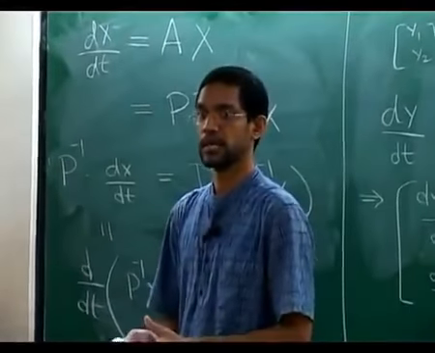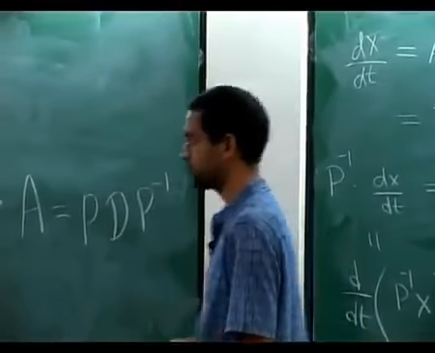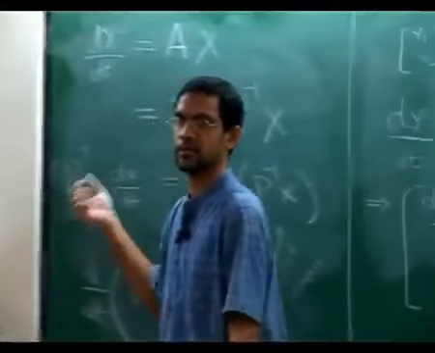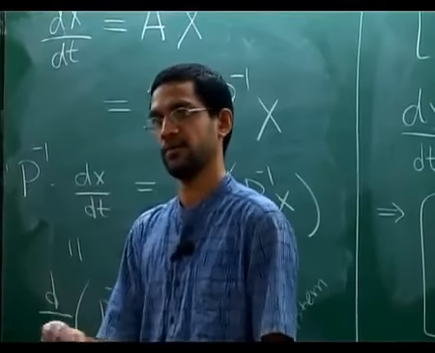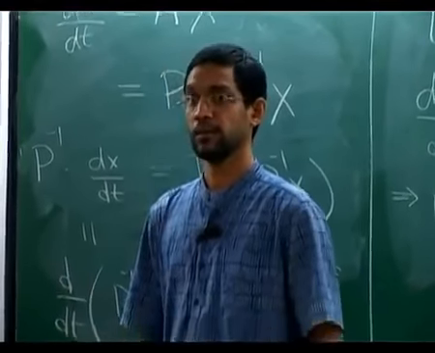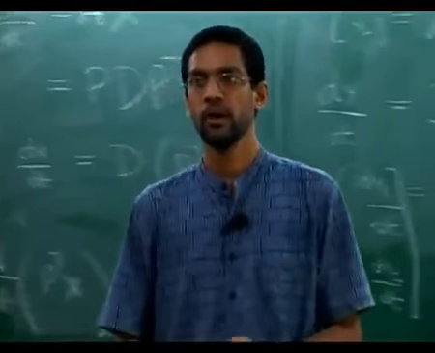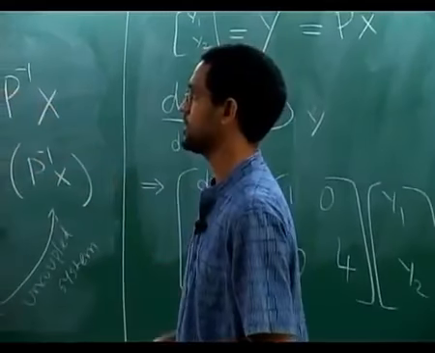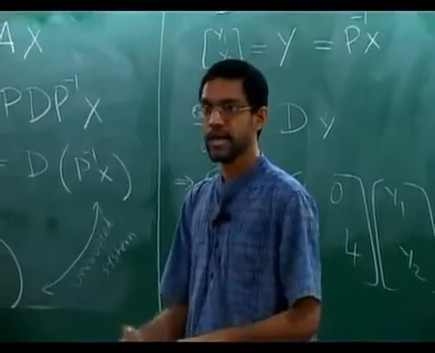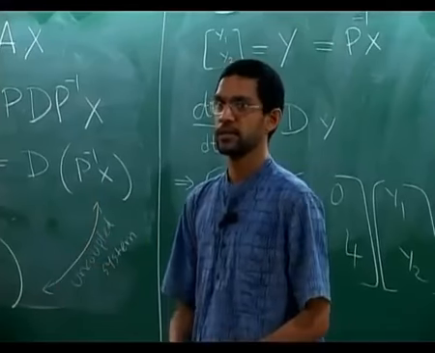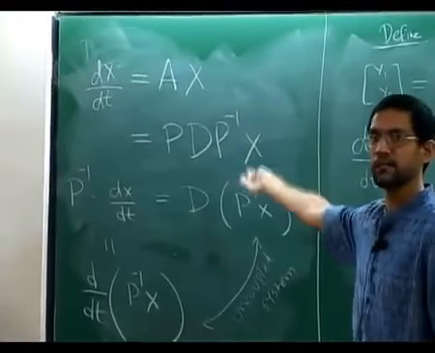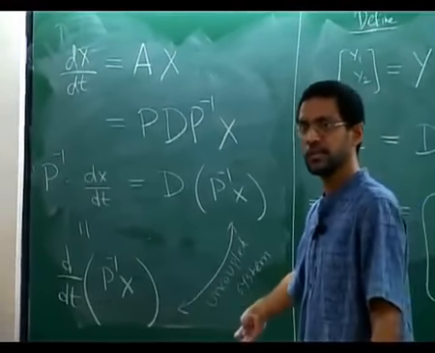Okay, so any questions on this procedure itself? What does this tell us? We started out wanting to decouple a system of coupled equations, and I gave you the y1 y2 by magic in the beginning. In general, you can do trial and error maybe if it's a 2 cross 2 system, but imagine you had an n cross n system, with n coupled equations. The x and dx dt will be column vectors of size n, and A will be an n cross n matrix. Then the derivation that we did here does not need 2 cross 2. It works in complete generality, for any n cross n.